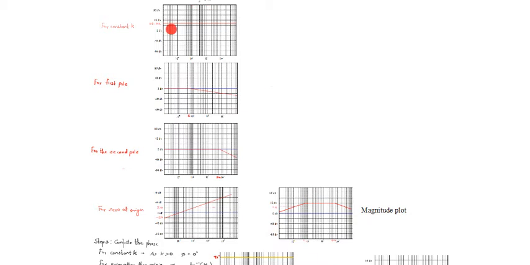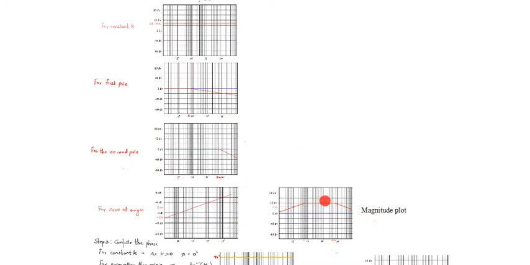Now what happens after 500? After 500, friends, there is one more additional slope here. We had one slope which was decreasing and another slope which was increasing, but other than that we have one more slope which is again decreasing at a rate of 20 dB. These two are mutually cancelling each other, the decrease and the increase in the roll-off rate, and therefore the roll-off rate is as shown here above 500. So this is the complete magnitude spectrum for the given problem.